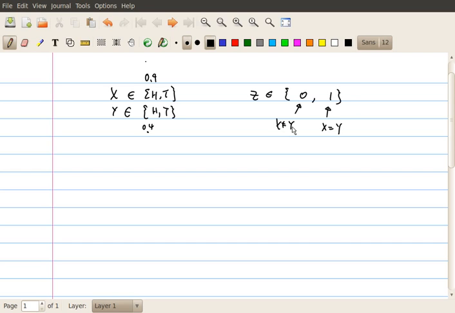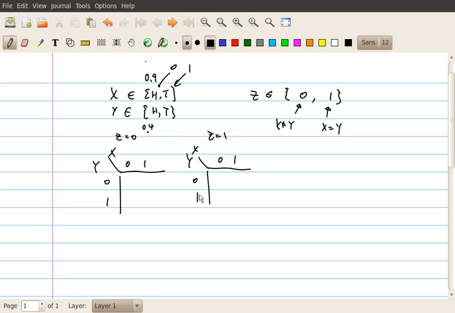So what will this value be? Instead of head or tail, let me just use 0 and 1 for everything. It would be more consistent. So let's say X and Y and Z. We want to look at the value of Z. Z can be 0 or 1, X can be 0 and 1, Y can be 0 and 1. And by the setup of this problem, the probability of getting both X and Y